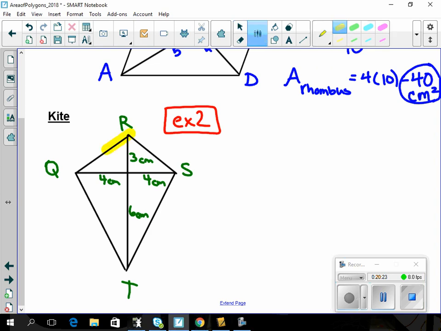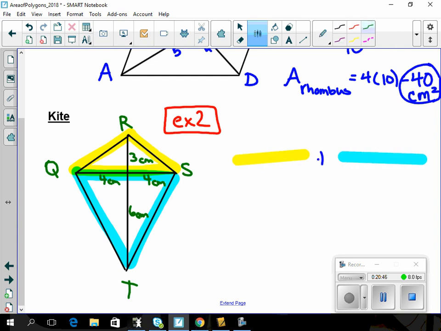I happen to think that we can break it up into this triangle and this triangle. And add them together. What do you think about that? Will that work? I think it will. So let's find the area of the yellow triangle first. So we're going to do the yellow plus the blue. Would you agree? That's what we're doing. So we're going to have 1/2 base times height in each of those